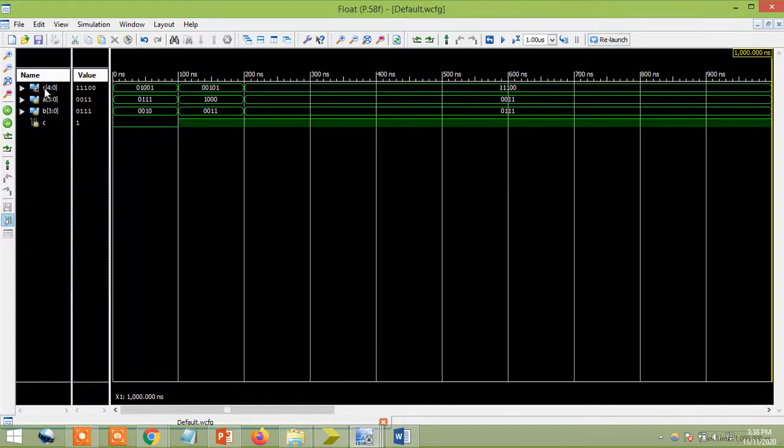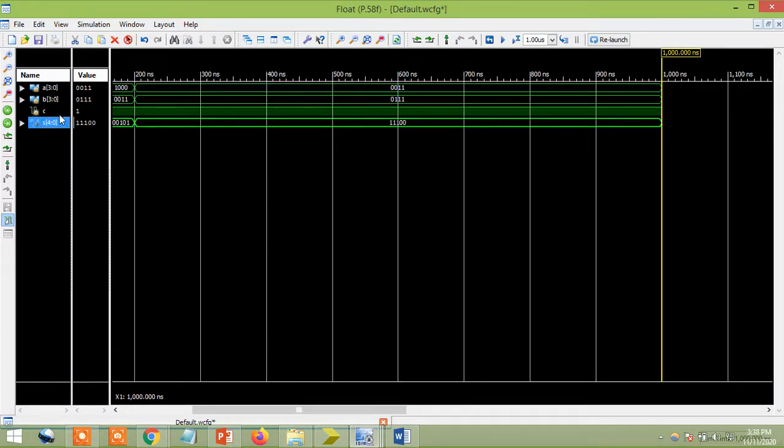Okay, I'll take some values here, A, B, C. C value I'm going to take as 0 and A as 1 1, which means 3. Next, I'm going to take the B value, which is 7. 3 minus 7, I want to get 4, but 4 does not appear here. Then what is the value that appears?